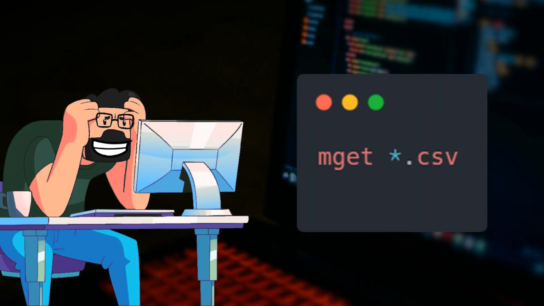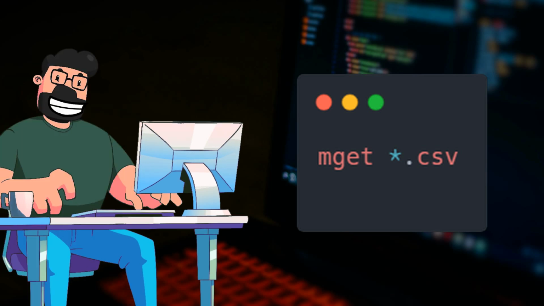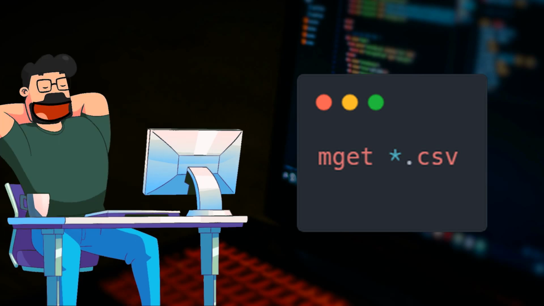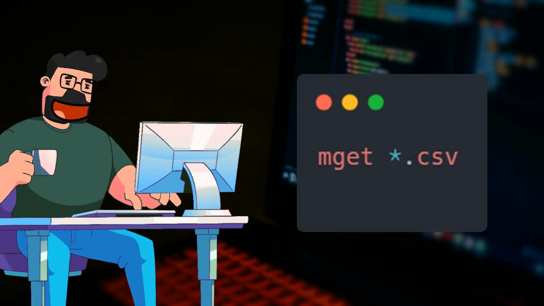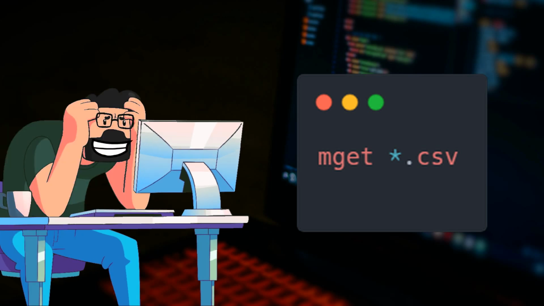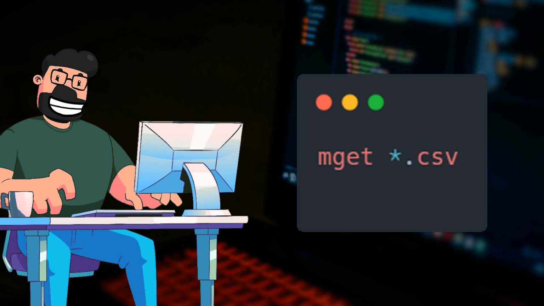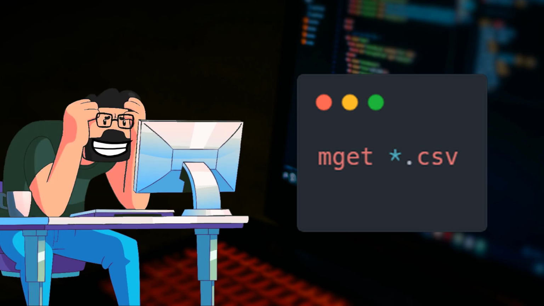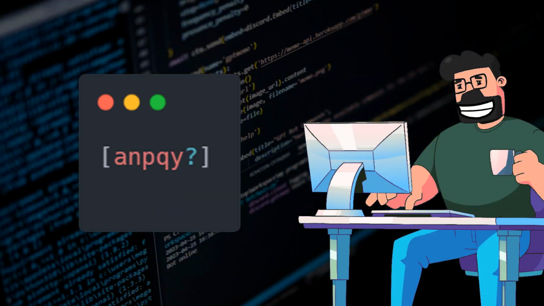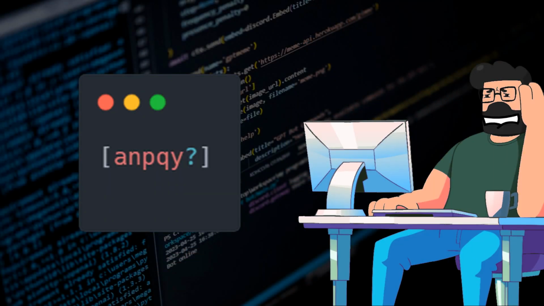With the groundwork laid in the directory set, it's time to fetch the files you're after. By executing the mget *.csv command, you initiate the process of retrieving all the CSV files within the specified directory. This command streamlines the download process, enabling you to fetch multiple files in one go. Efficiency at its finest. As you proceed with the download, you may encounter a prompt asking for confirmation to download